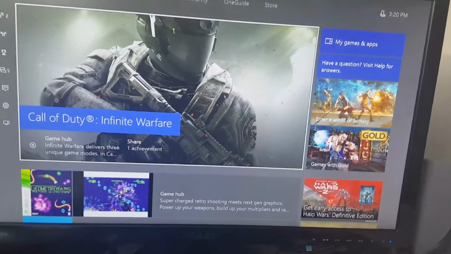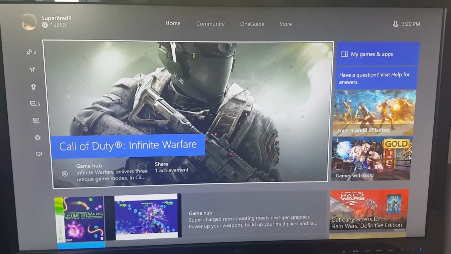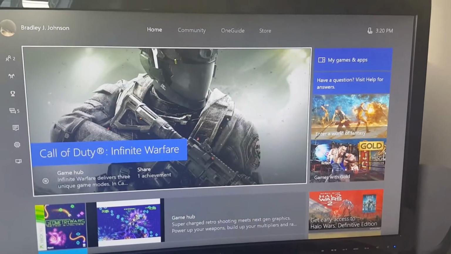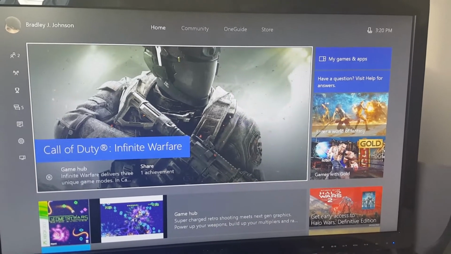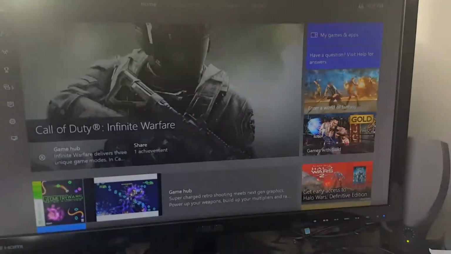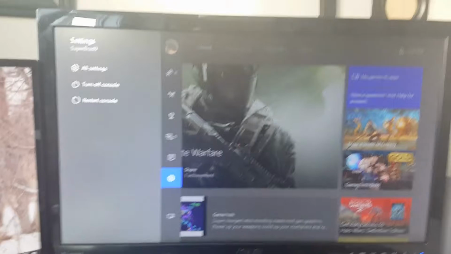Anyway, today we're going to see a video on how to make sure our NAT type in Xbox is open in terms of playing multiplayer games. So first thing we need to do is make sure that we have the IP address of our Xbox. So to do that, you're going to go to your settings in your Xbox,